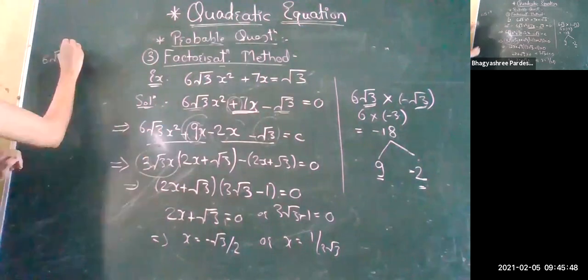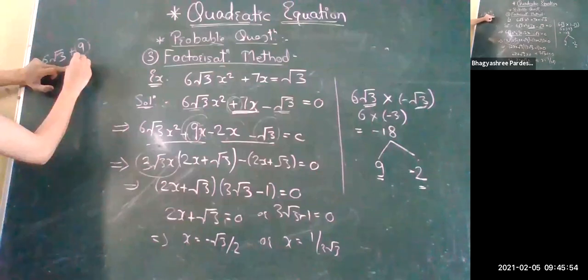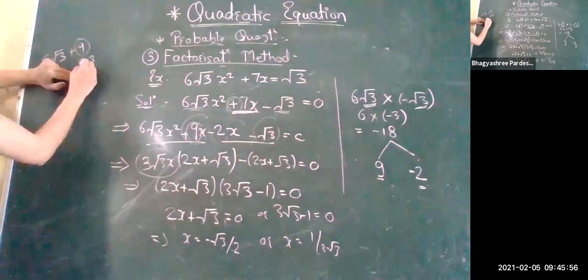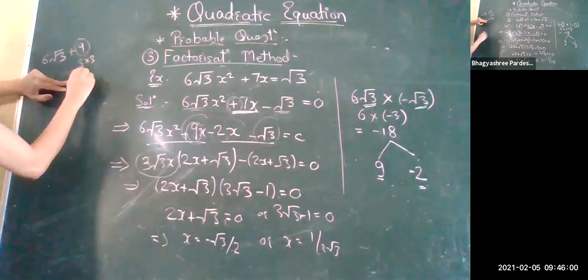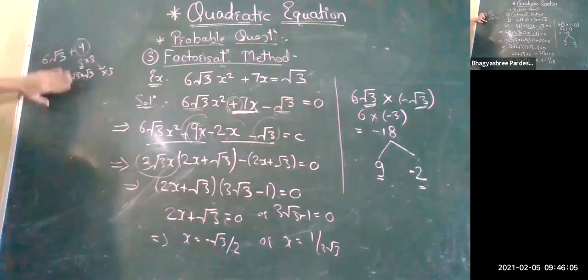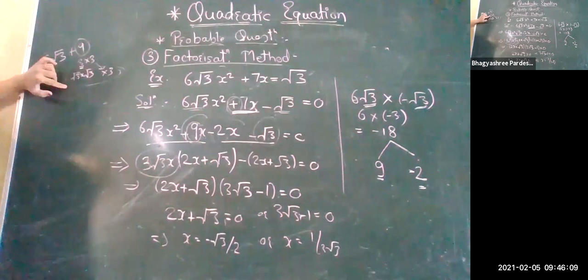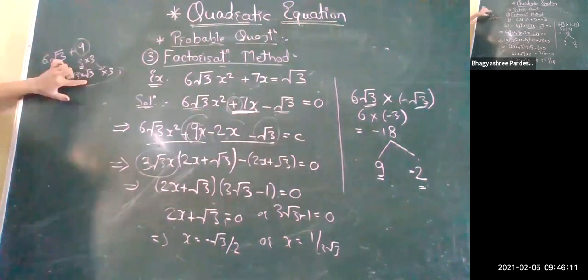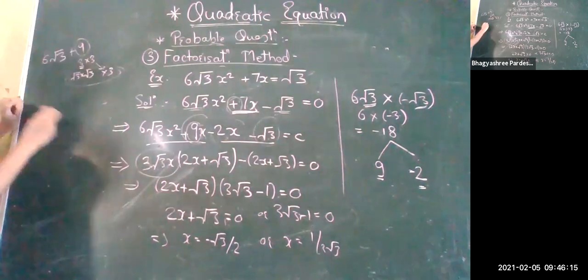And this one 9. We have split this 9. This 9 is written as 3 into 3, right? 9 is 3 into 3. And one of the 3 we have written as root 3 into root 3. And the next 3 we have written as it is. There is no change in this 9 and in this 3 numbers. Clear? This root 3 into root 3 is 3. Yes, actually miss. This into 3 is 9. And then we have taken the common. So here we get 3 root 3. Clear?